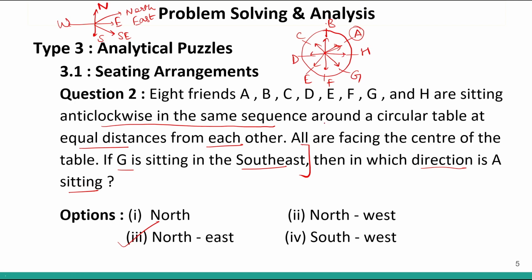Then the other thing is left and right. For example, I've told you this already. If a person is facing inwards, let's say A, the right will be in this direction and the left will be in this direction. But if A is facing outwards, then this will be the right direction and this will be the left direction. So this we have already discussed when we were discussing the types of questions. So all this information you have to keep in mind while solving the questions on seating arrangement.